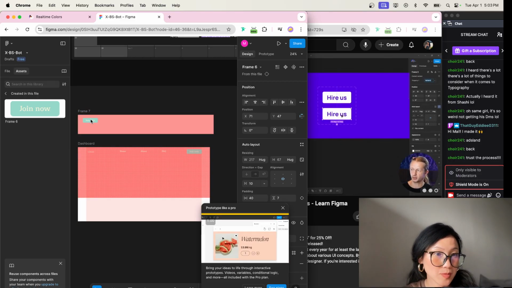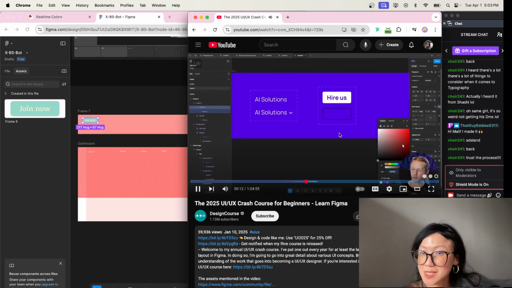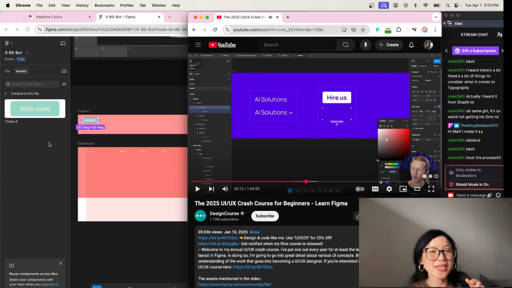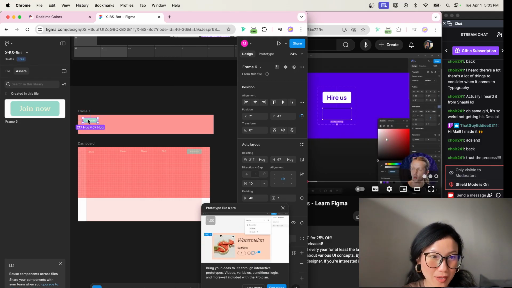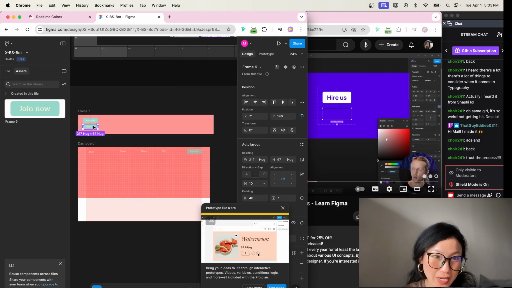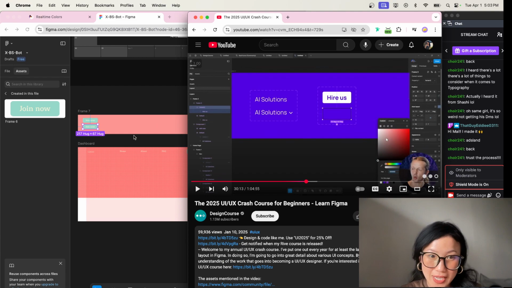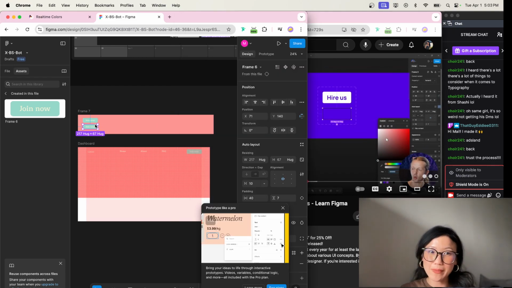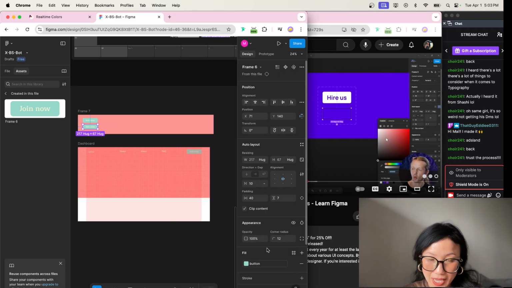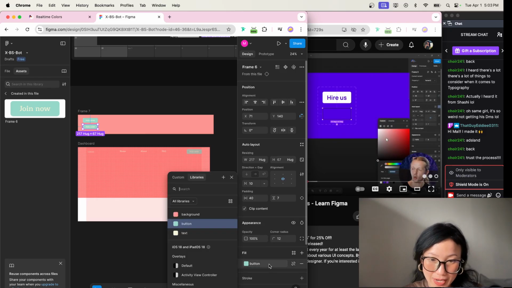So in this case, with this second one selected, we can get rid of the fill. We can give it a stroke. I don't think I need two components, so I'm just gonna keep this frame. What I'm gonna do is make a copy of this one and make the opposite of it. And then what's gonna happen is